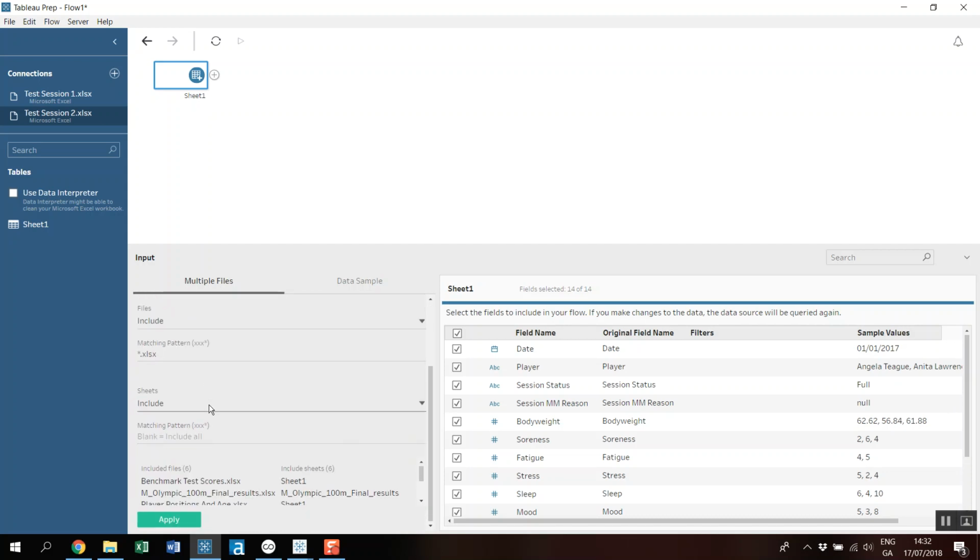And if I just scroll down, you'll see it's found benchmark test scores, Olympic, player position and age, test session 1, 2, 3. Now I don't want to find all of those. I'm only interested in finding the test session. But that's what the asterisk does. It will allow you to wildcard anything. But let's say I'm only interested in files that start with test session. So if I apply that now, you see I get 1, 2, and 3 in my list of files. And once I click apply,